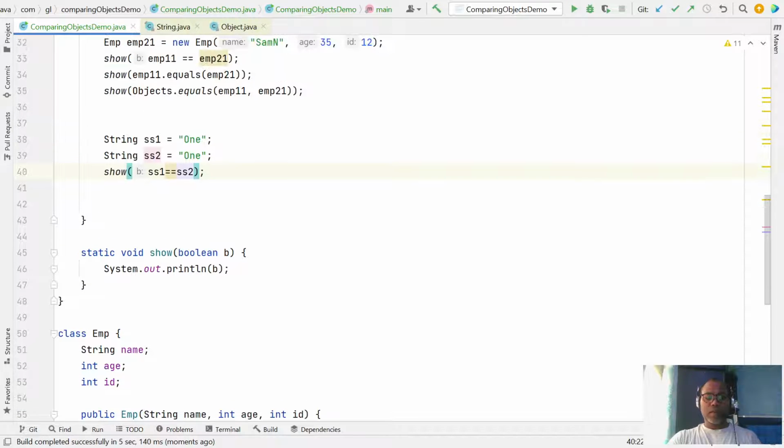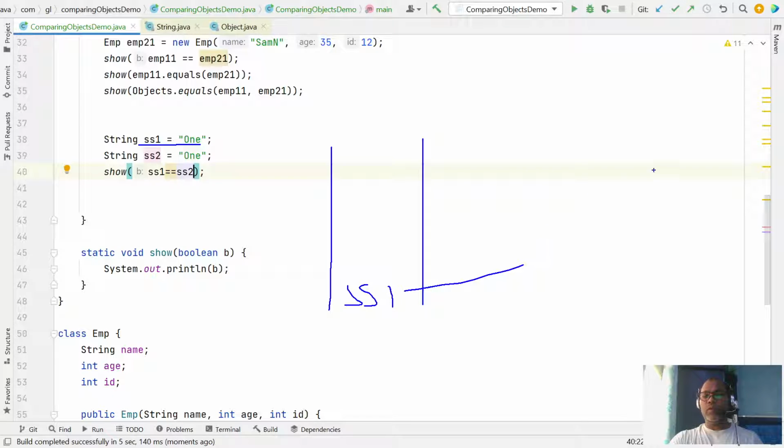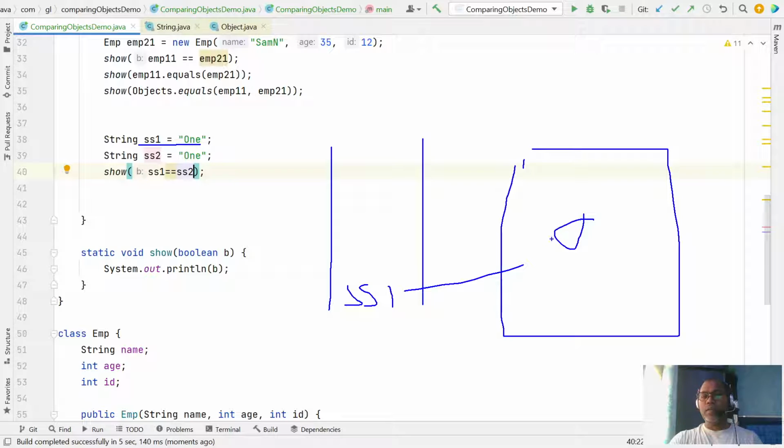Why? The reason is that whenever you create your variable ss1, the object is created in heap memory.